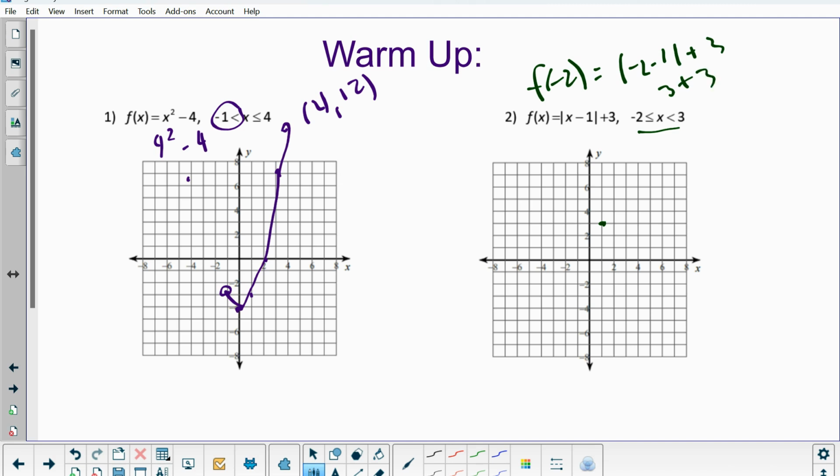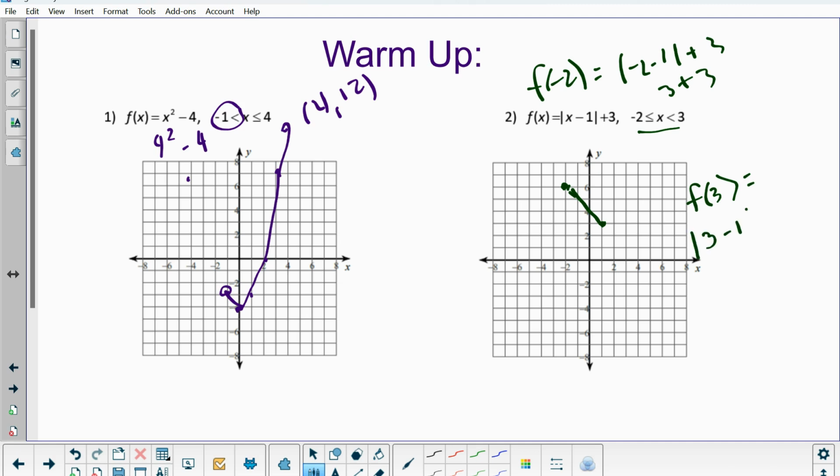So -2 is up at 6, closed circle because of the equal to part, so I'm going to connect that line. And then if I do f of 3, well, this will be